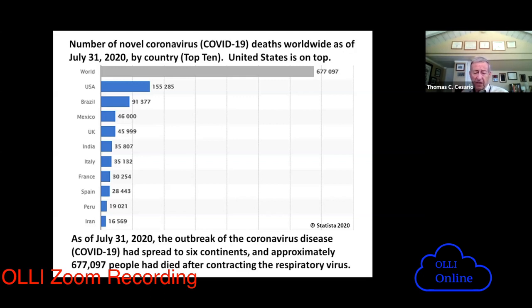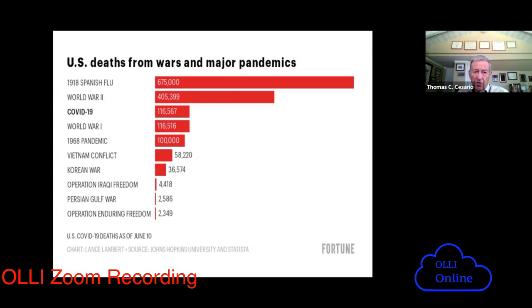Next slide. So the next slide goes to show you how we compare to other great crises in the world, and remind you that all those crises have ended. We are 6 months into this. So this slide of 116, now we're at close to 155,000 deaths in the US. So you can expect that this number continues to grow for at least 6 months to come. So you can see how it stacks up against other great crises in the world.